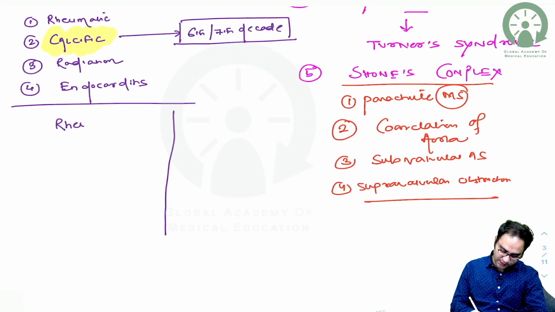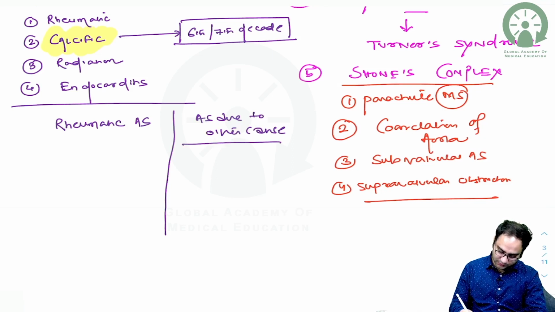when we have a rheumatic AS, right, and we have AS due to another cause, how to differentiate? How to differentiate? You can have isolated